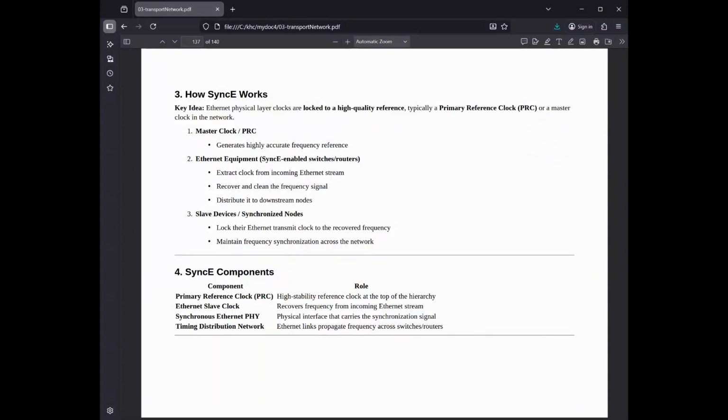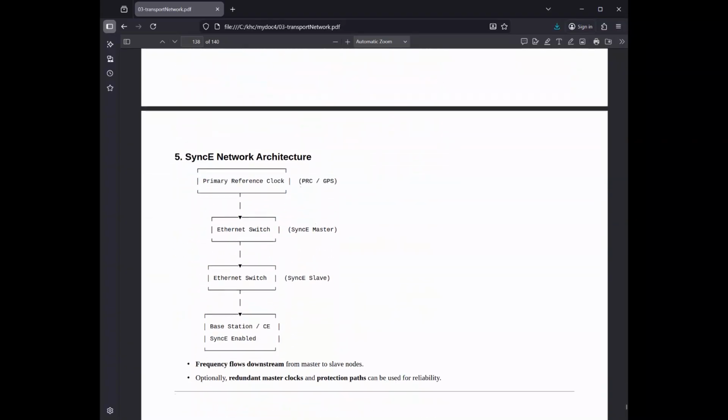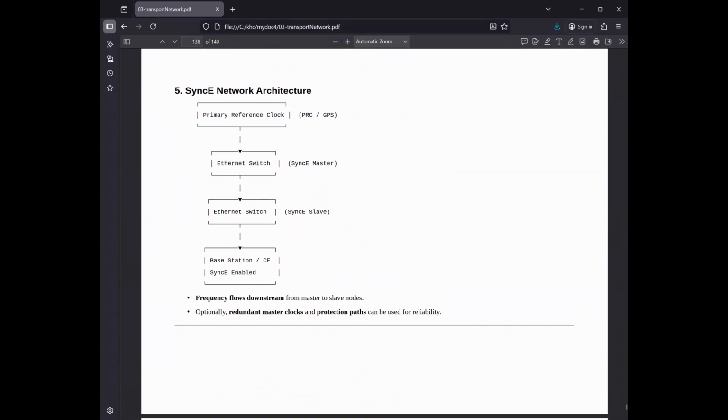high-quality frequency from a central source to every node in the network, ensuring that all devices tick at the exact same rate. Here is a breakdown of the architectural layers and the mechanisms that keep them stable. 1. The hierarchical structure. SyncE architecture follows a tree-like topology to prevent timing loops and ensure a clear traceability back